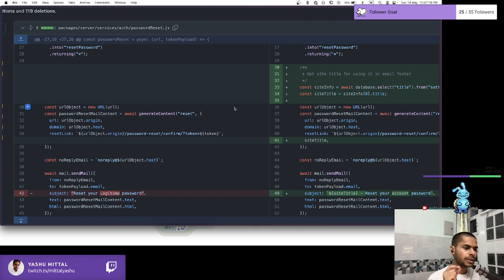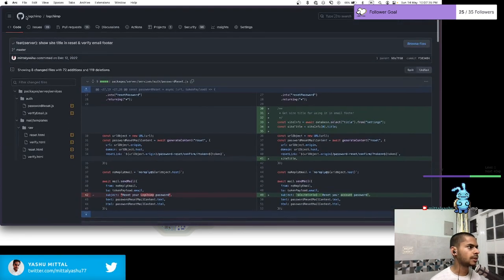Pretty simple, but the issue was that, for example, the SaaS company or the person who has deployed and set up Lockchimp can have their own site title, for instance, it says